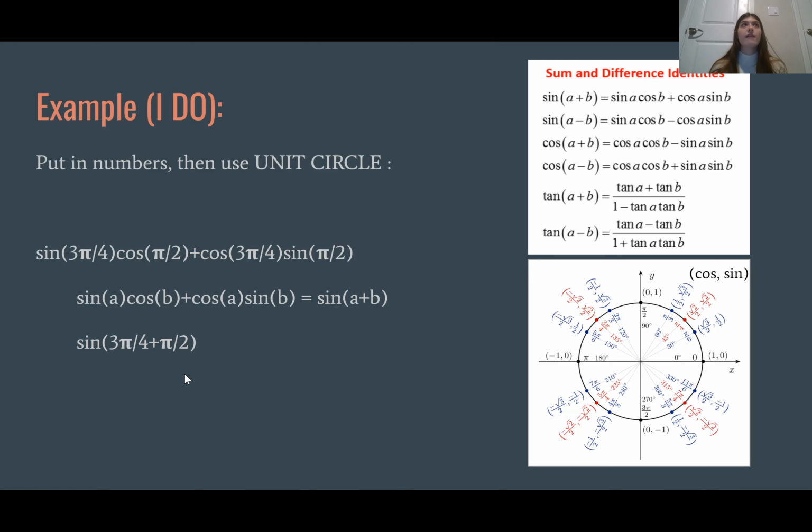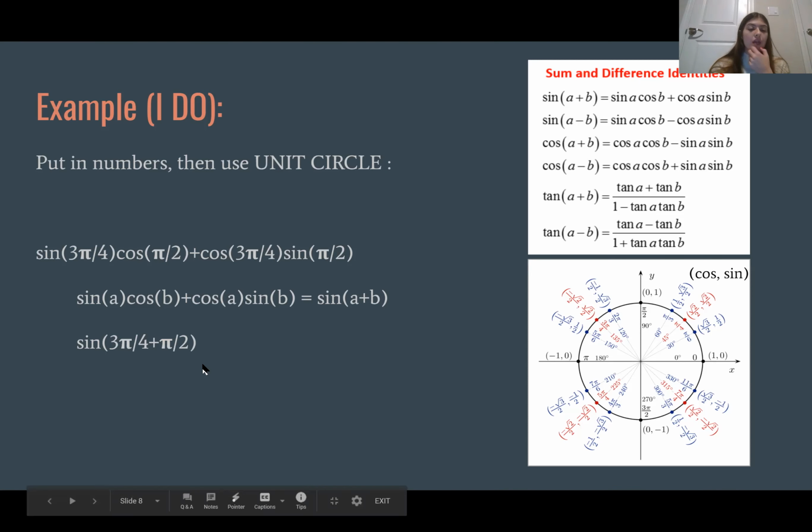So let's say you have a pizza, right? You cut it into fourths. So you have 4 pieces of this pizza, and then you decide to take 2 of them. 2 out of 4, right? Well, that's half the pizza. And that is how you know that pi over 2 is the same thing as 2 pi over 4,